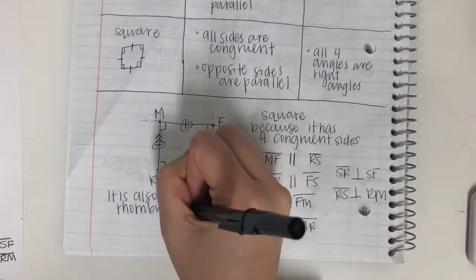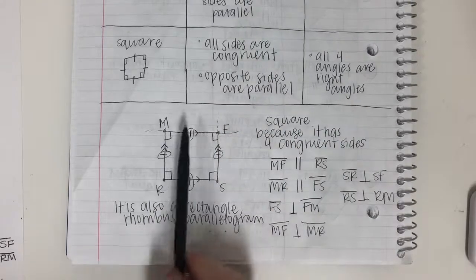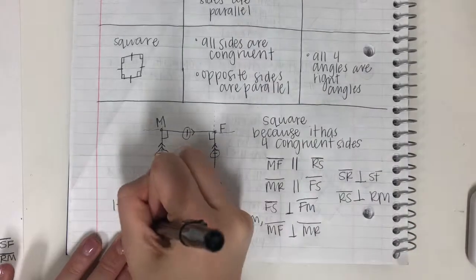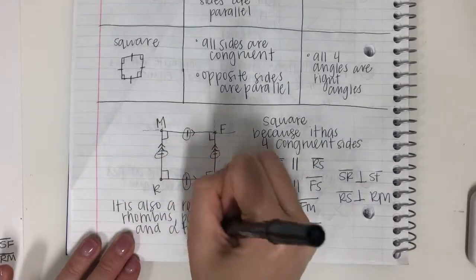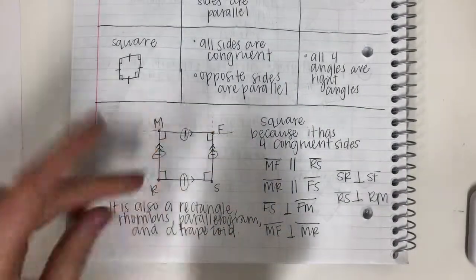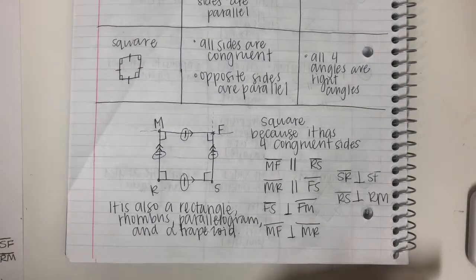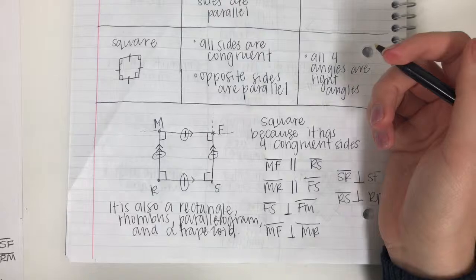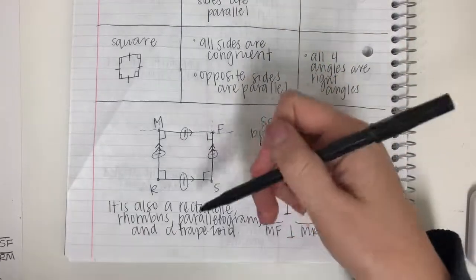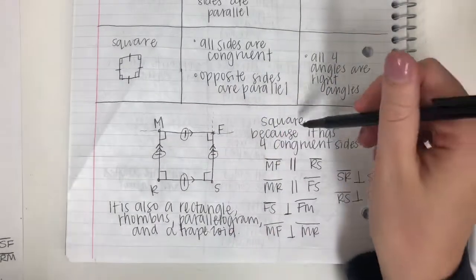It's also a parallelogram because MF is parallel to RS and MR is parallel to FS, so it's also a parallelogram, and then it's also a trapezoid because at least one pair of opposite sides are parallel. So MF is parallel to RS, so it does fall under the trapezoid. But not all trapezoids are squares, and not all parallelograms are squares, not all rhombuses are squares, not all rectangles are squares, but a square is a rectangle, a rhombus, a parallelogram, and a trapezoid, if that makes sense. So once you kind of figure out the big one, so it is a square,